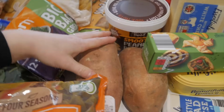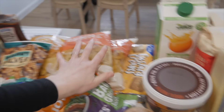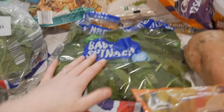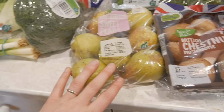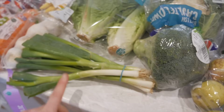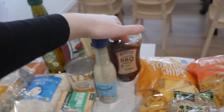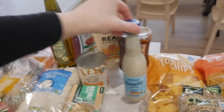Some smoothie mix, 2 yogurts, some sweet potatoes, some more peanut butter, some orange juice, custard creams, 2 packs of pasta, some sausages, spinach, mushrooms and pears. They were on sale. Walnut halves for recipe testing, some crisps. Then we've got some spring onions for recipe testing, some broccoli, cauliflower, mixed seeds for recipe testing, some barbecue, mayo and tomato sauce, salad dressing,